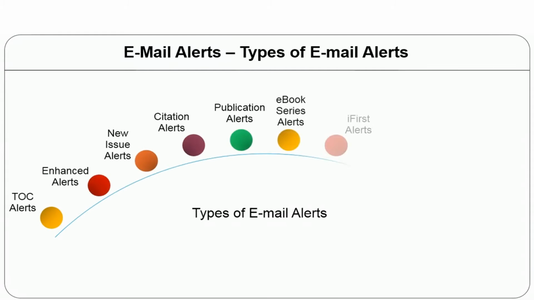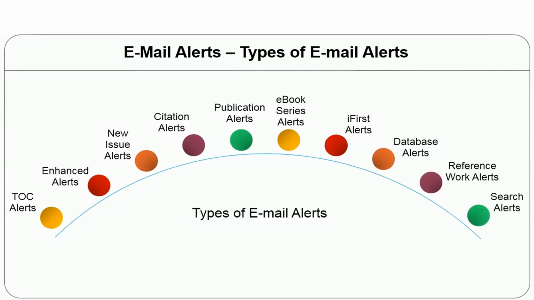And the types of email alerts, as you can see from the picture, include table of content alert, enhanced alert, new issue alerts, citation alerts, publication alerts, ebook series alert, iFirst alert, database alerts, reference work alert, and search alerts. There could be more alerts coming, but these are the very common ones which we have noticed while preparing the document. Then digital reference service,